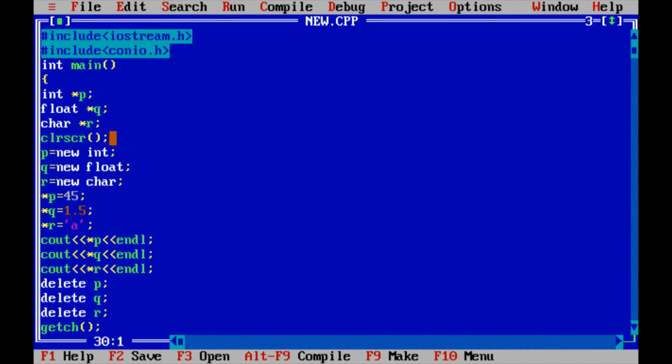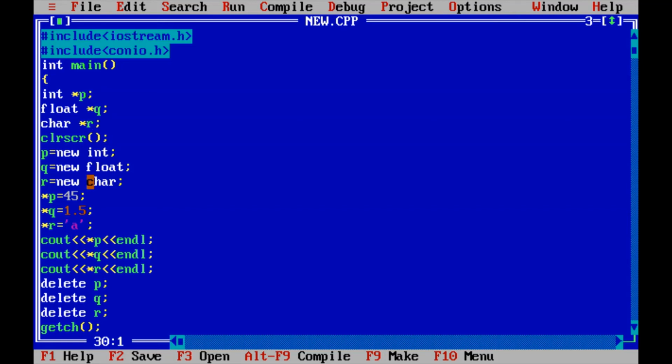Again, for these three variables I am allocating the memory during runtime. The p variable is holding an integer data type, the q variable a float data type, and the r variable a character data type. These p, q and r are pointer variables.